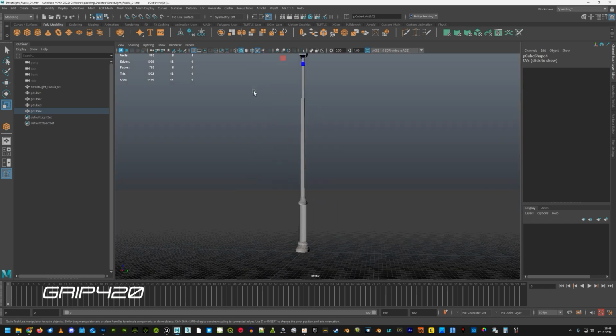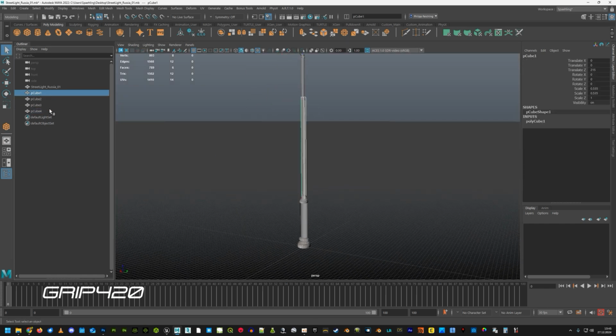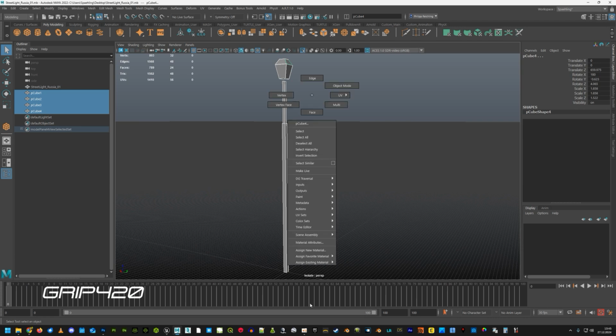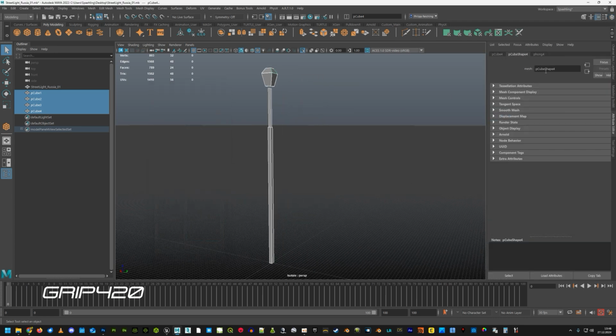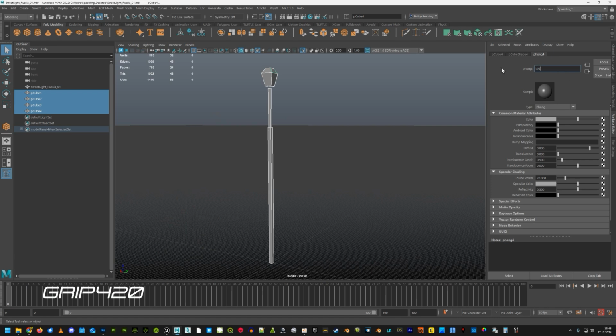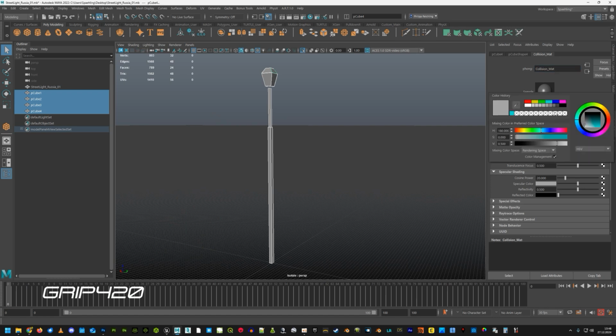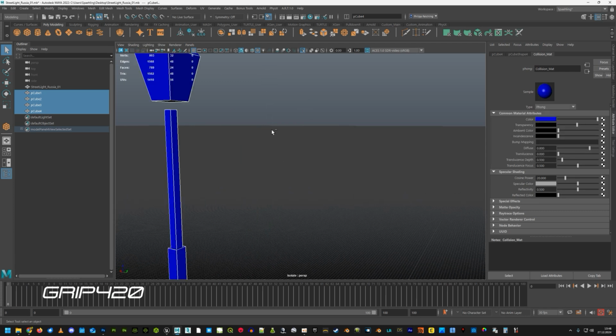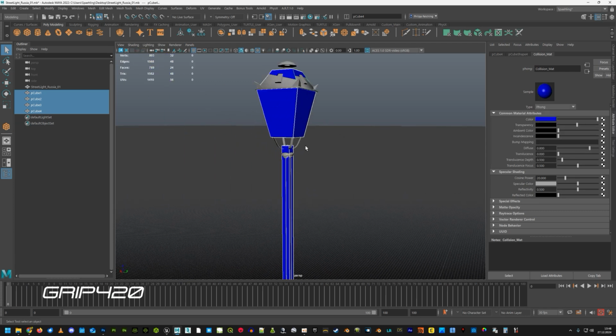It doesn't need to be that perfect. And now what I always do, I create another material for the collision. We call it collision matte. We make a blue color here and give it an opacity of 50%. And if we go out of isolation now,